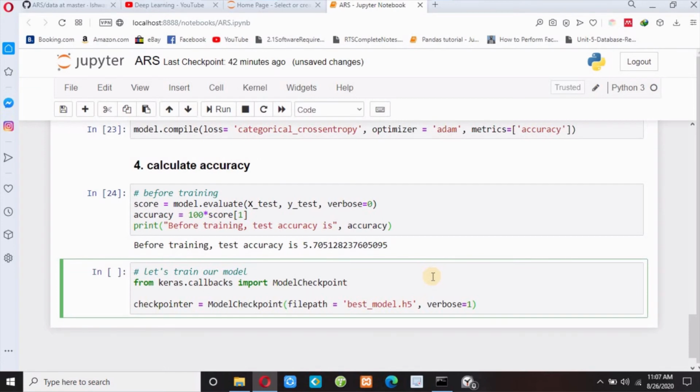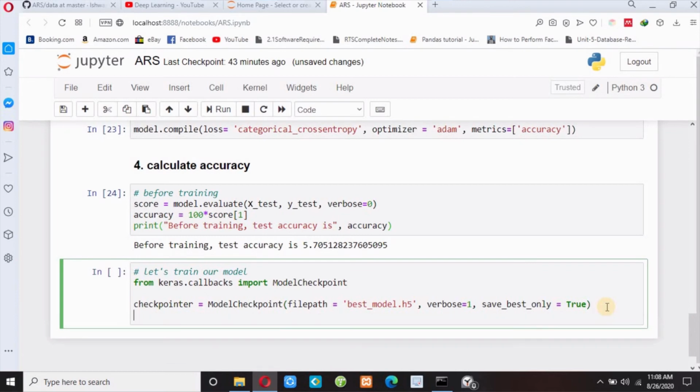Yes, it will show progress bar, and then I need to write save_best_only equals to true. I will analyze my model several times, and out of this it will save my best model. I will explain it later also.